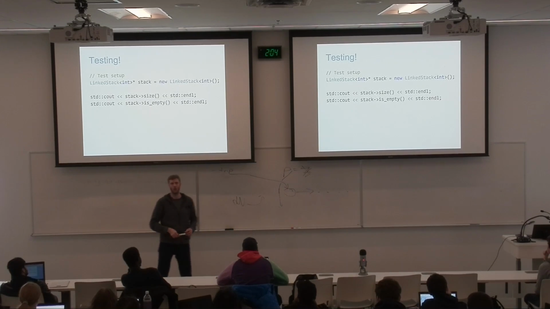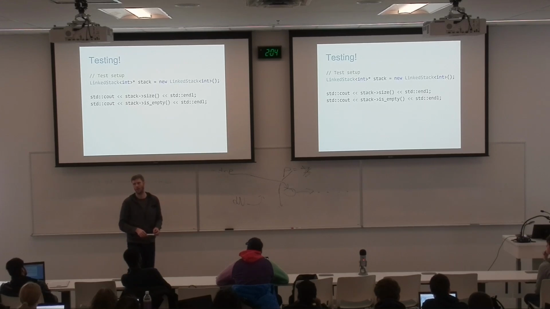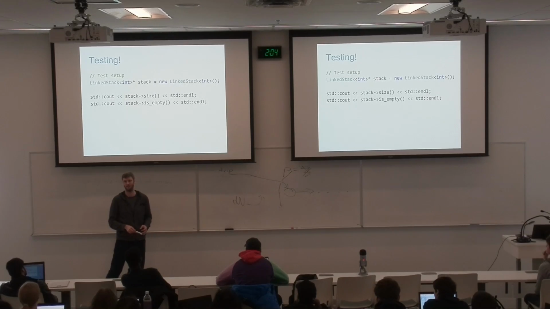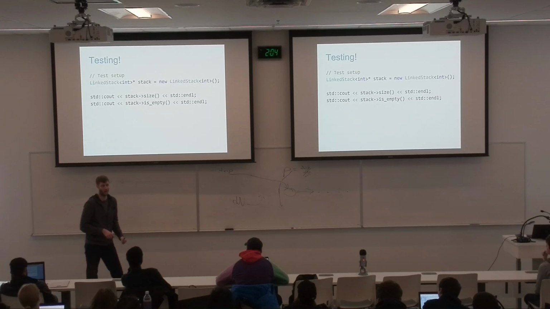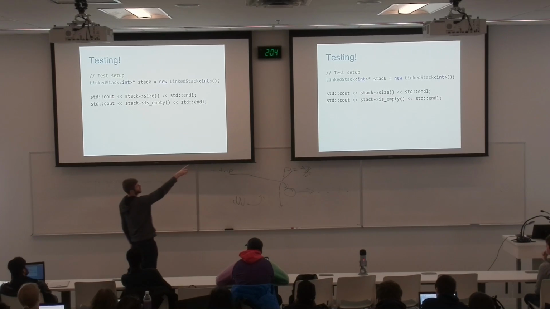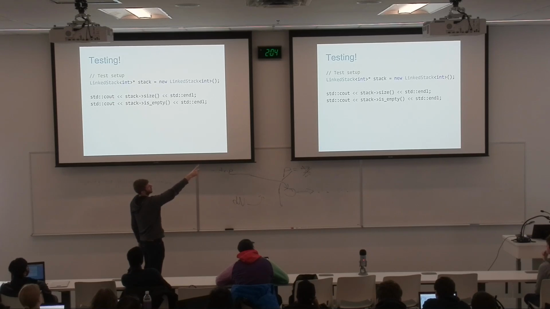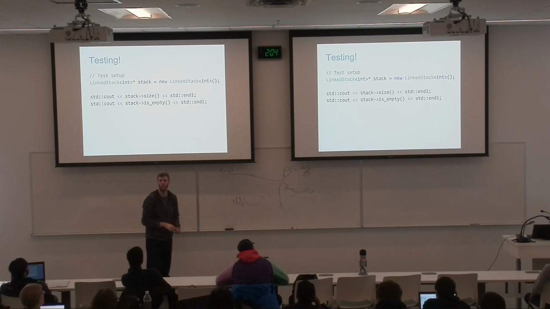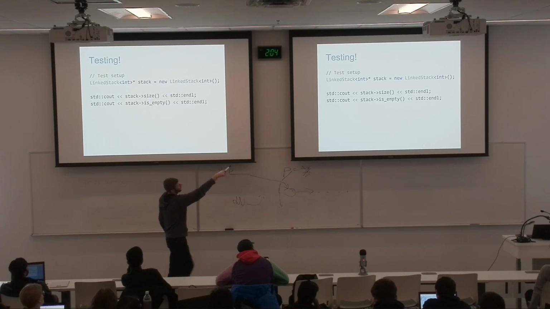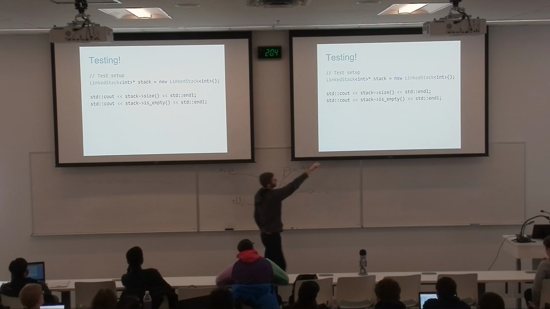There's one line of code I change. I change one line in all the code I just showed you. All I have to do is replace LinkStack<int>* stack = new LinkStack<int>(); with ArrayStack<int>* stack = new ArrayStack<int>();